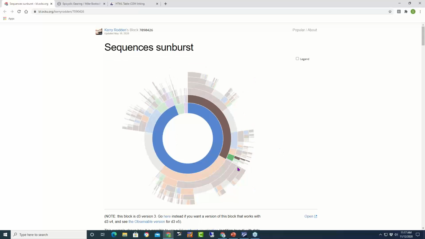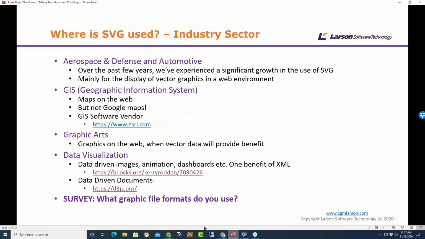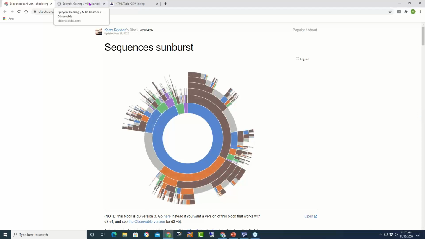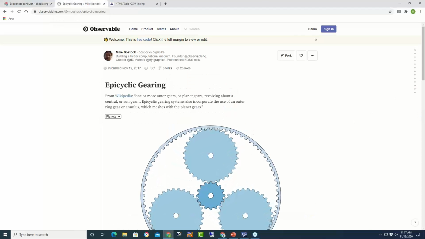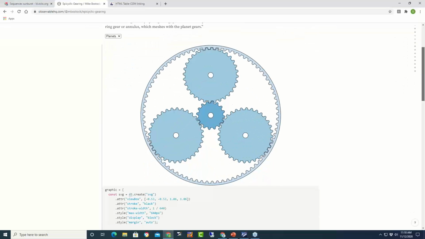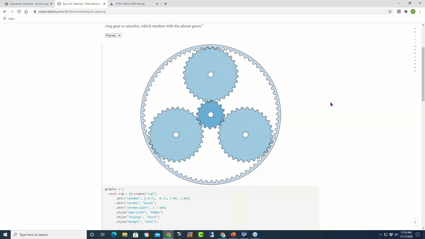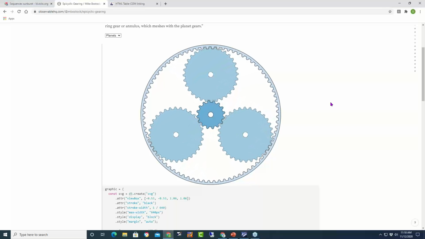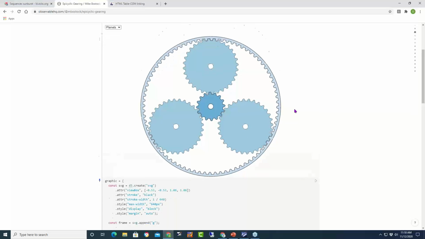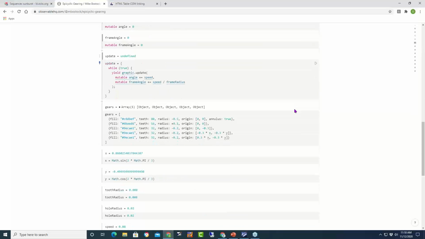So that's just to give you a glimpse into that. And I think I have another example here, which is a bit more technical illustration based, which is some gear wheels animated. And this is the other thing that SVG is pretty good at, is animation as well. And again, the code is given with this, so you can see how this is achieved.